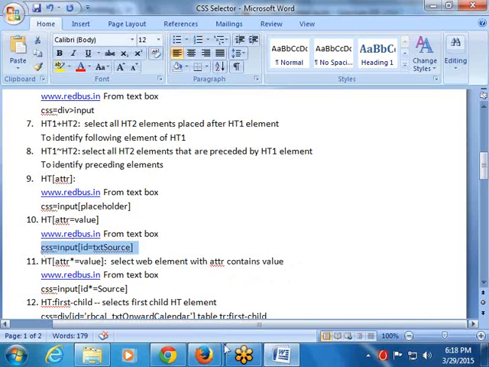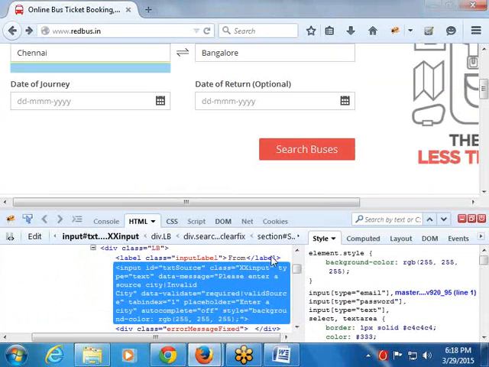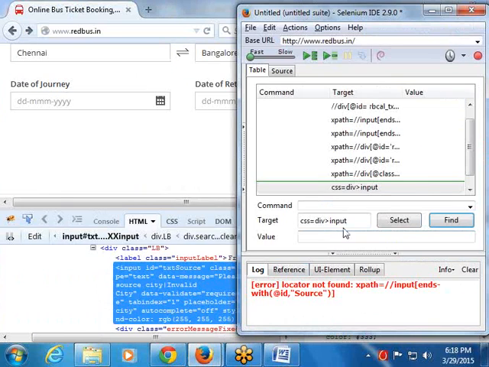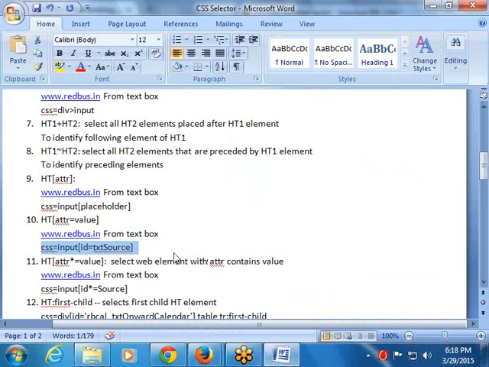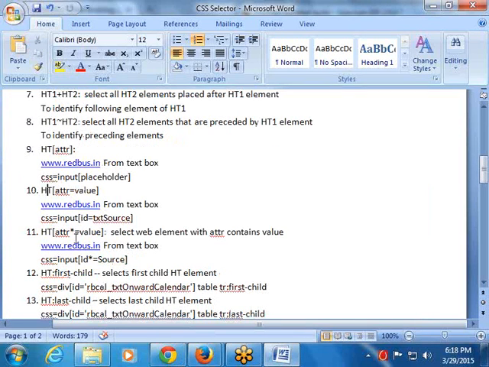So let us see this. To identify the same text box, we are using the attribute value along with the HTML tag. So it is identifying successfully. That is this, using attributes along with the HTML tag. And similarly,